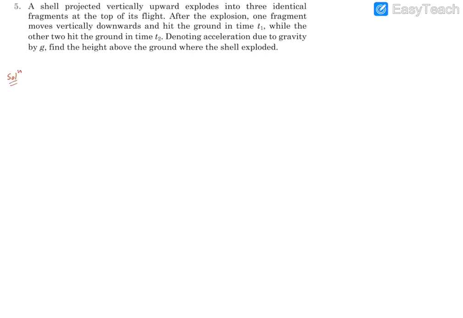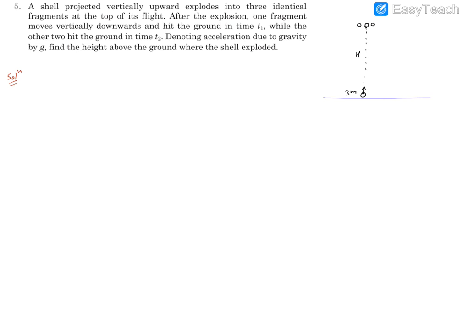So we can think of, let's say this is the ground. And you have thrown a ball. Let's say this ball is of 3m mass, and it got up to height, let's say this is capital H, which was its topmost location. At this topmost location, it got fragmented into 3 elements. So one element is this, another is this, another is this. Each is of identical mass, so they are going to be of m mass.